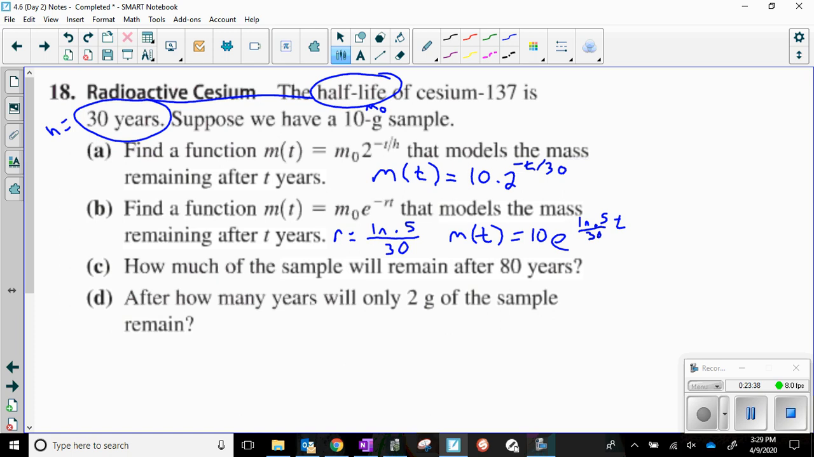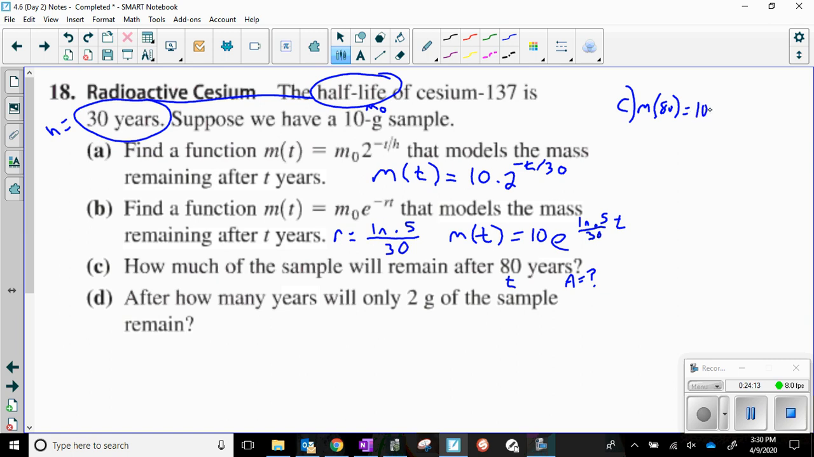Okay? So we have the function written 2 different ways. Okay? So the next thing we're going to do is write down how much of the sample remains after 80 years. So our time is now t, and what they're looking for is how much remains. So for part C, you could use either one of these. It doesn't matter. So I'm going to write down the mass at 80 years